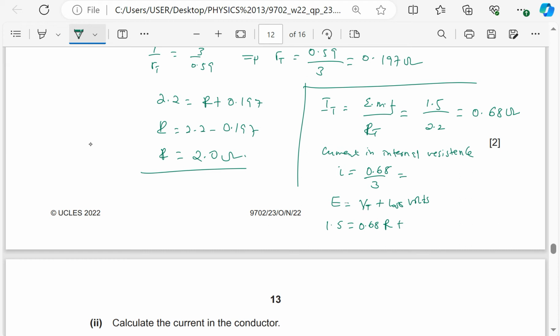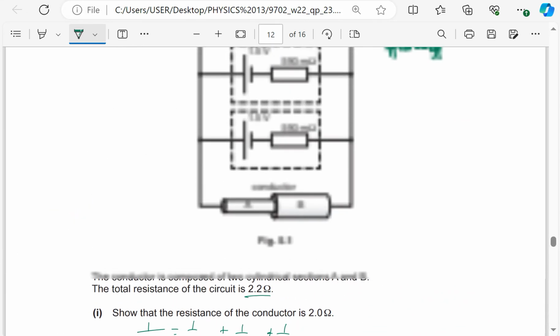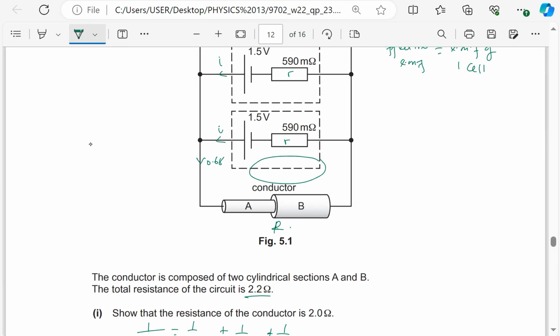The lost volts is just for one cell. You could use Kirchhoff's law here if you want. You know the current I, you know the small resistance R, and you know the current 0.68 is coming to this. So the sum of the EMF, 1.5, equals terminal PD, which is 0.68 times R, plus